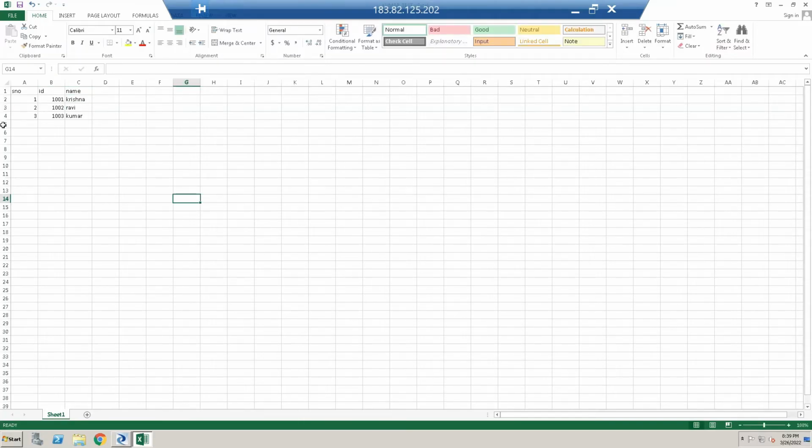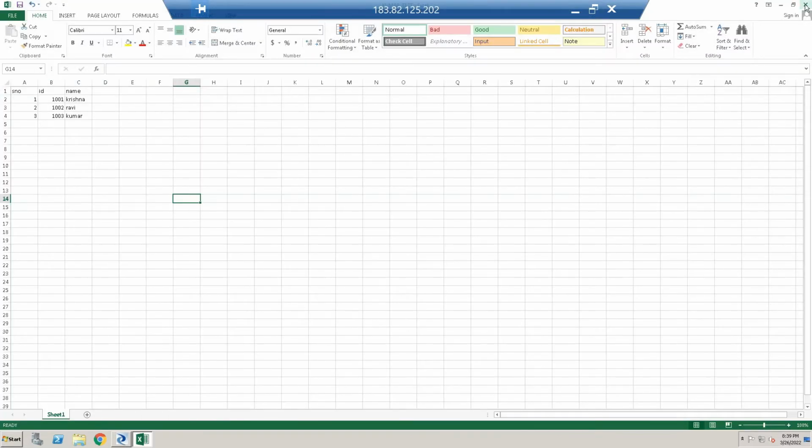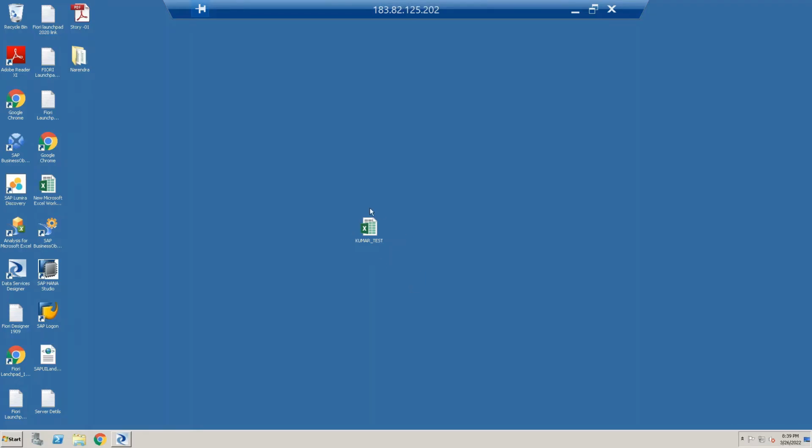So this is a small set of file. This file I have on my desktop. Now, if I want to read this file from the desktop into BODS, if I want to scan this data into BODS,